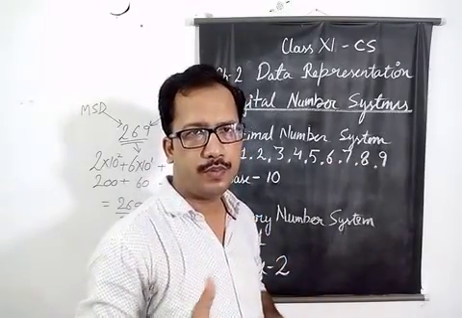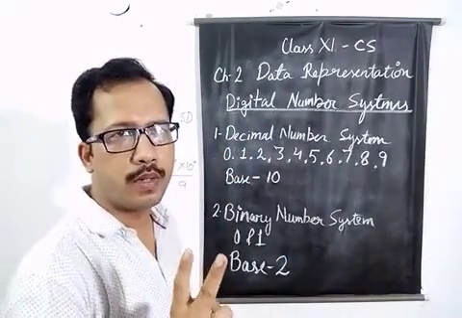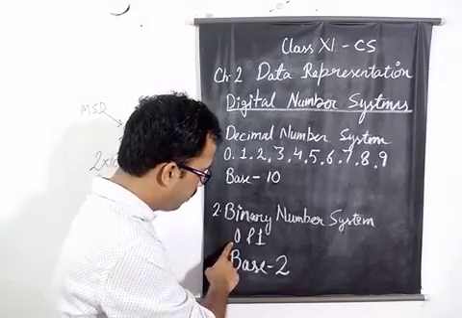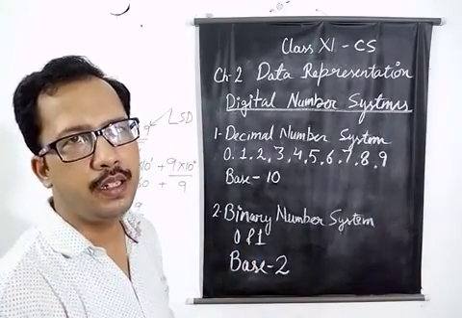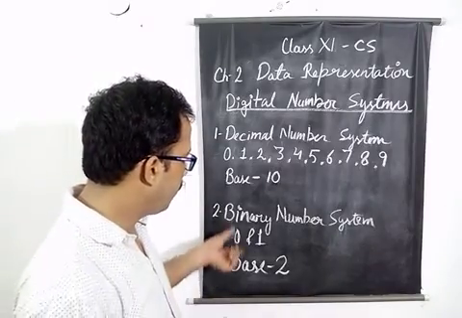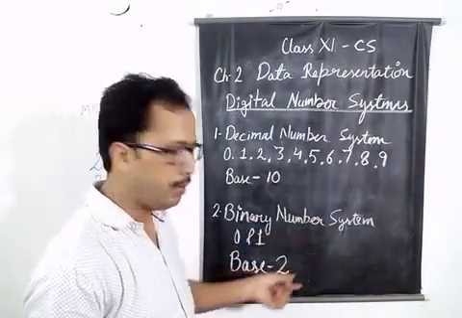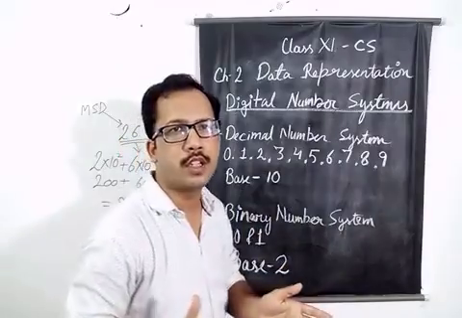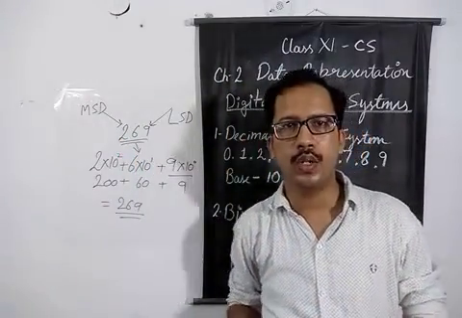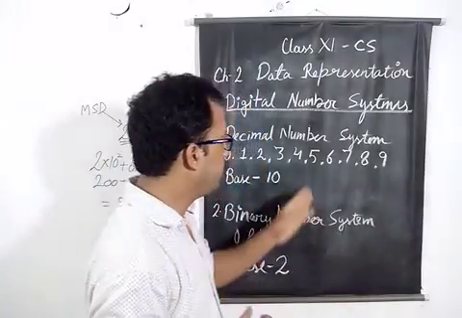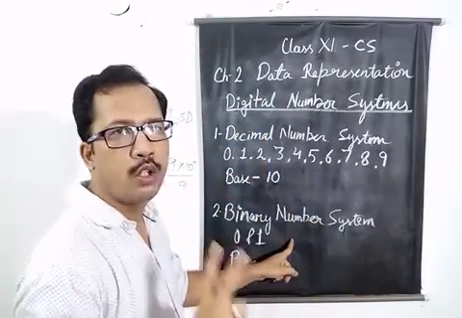Binary language is a language having only two digits. These are 0 and 1. So 0 and 1 are the binary digits, and the base of that number system is 2. Every number system in a computer has its own base, so it is also known as a base system. So it is the base 10 system, and it is the base 2 system.